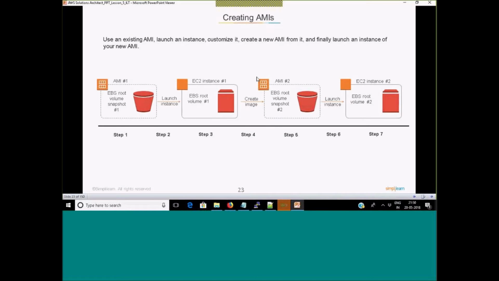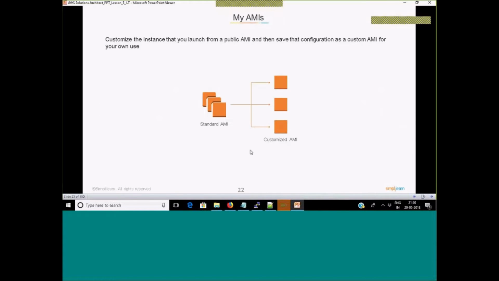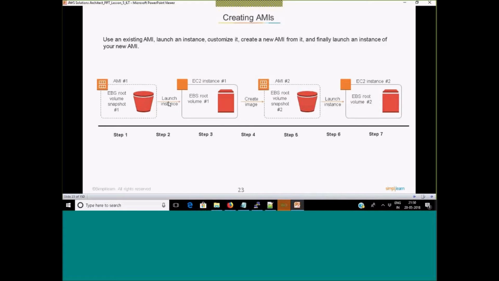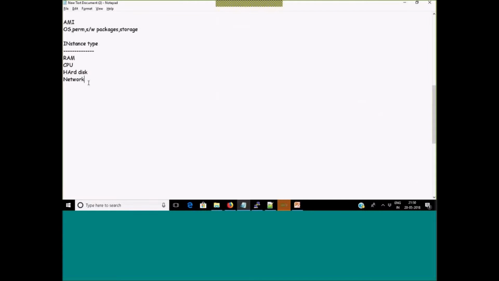Creating AMIs. Now to create an AMI, as we discussed, the same steps. First you launch the instance, then you modify, and then create the AMI. And then by using that AMI, you can relaunch the instances. So step 1, launch the instance by using an existing AMI. Step 2, once it is done, customize it. I'm just giving high level steps. Anyhow, I will show you the demonstration. So first step, launch by using the existing AMI. Second step, customize it. Next step is create the AMI. And next step is launch the EC2 instance back.